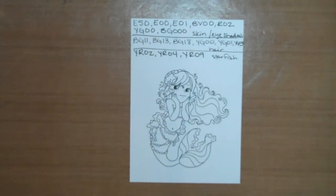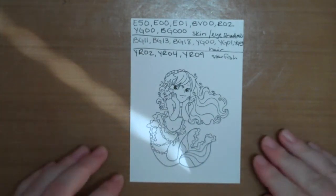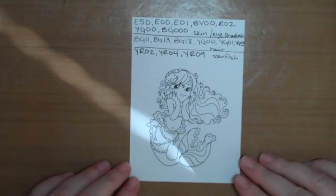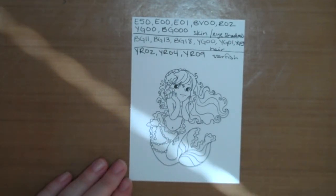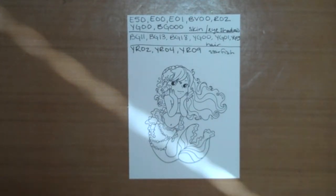Hi again. I'm back with another coloring video today, and this time I'm using a brand new stamp that I just got. This is Annabel the Mermaid, and she's from Crafty Sentiments Designs, and I stamped her with Memento Tuxedo Black ink on Copic X-Press It, and I'm just going to get started